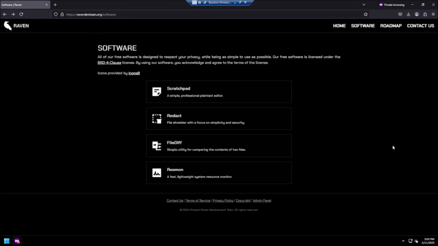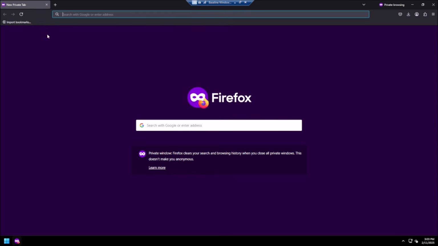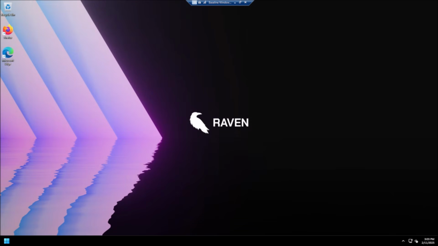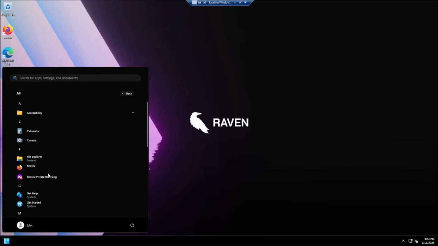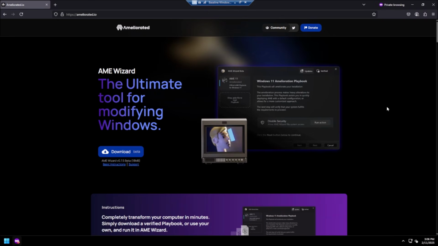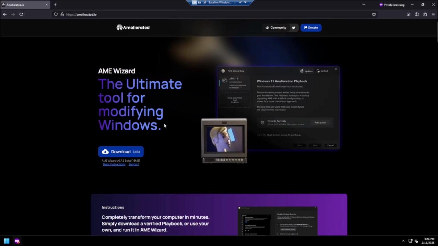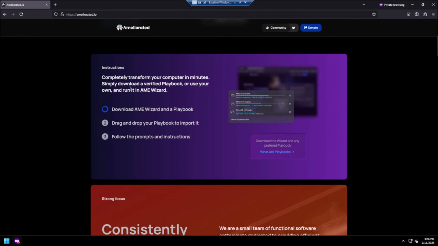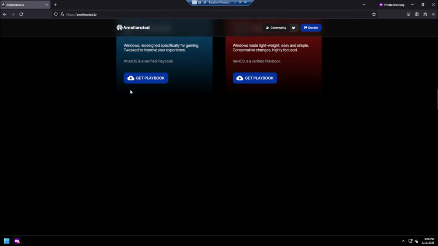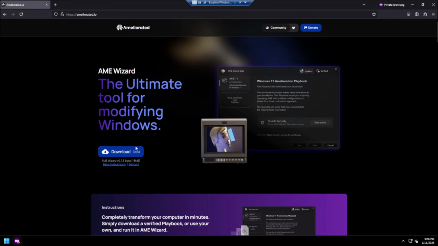So with that in mind, I want to move on to trying to show this tool against other debloating tools, because there are many out there that try to accomplish a similar thing to Talon. One of the tools that's similar to Talon is AME Wizard, and I actually talked to the owner and lead developer of AME Wizard. He reached out to me. We had a good conversation about this sort of stuff. But anyways, AME Wizard is similar to Talon, where it tries to make it as easy as possible to debloat your Windows system. However, I feel like the way they do it is a bit